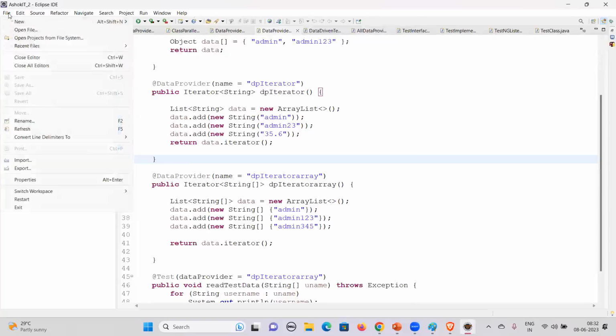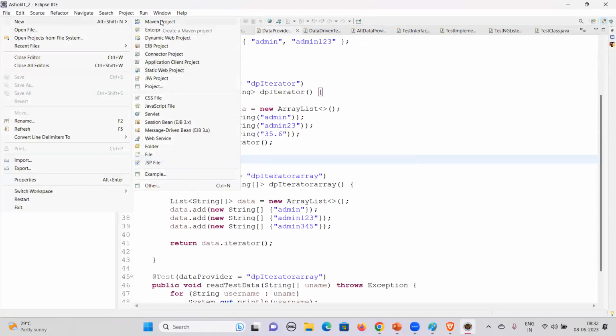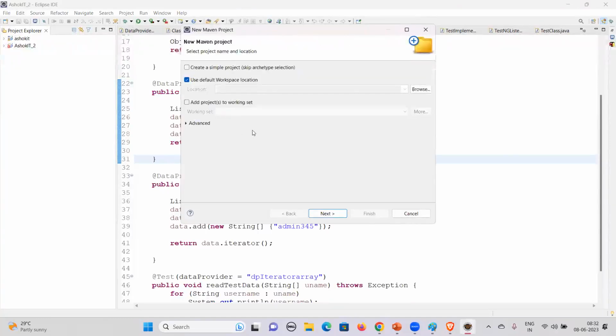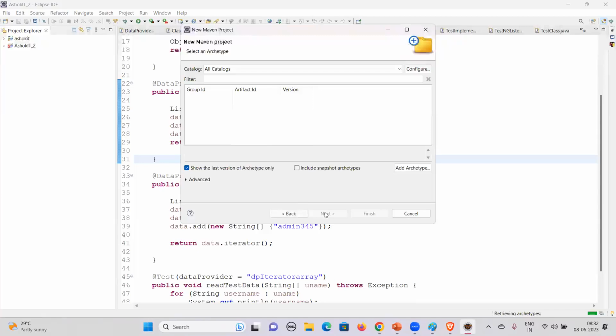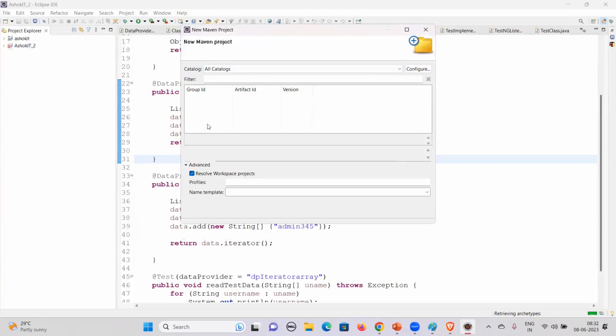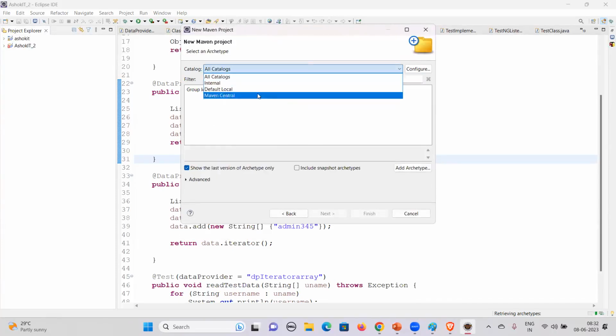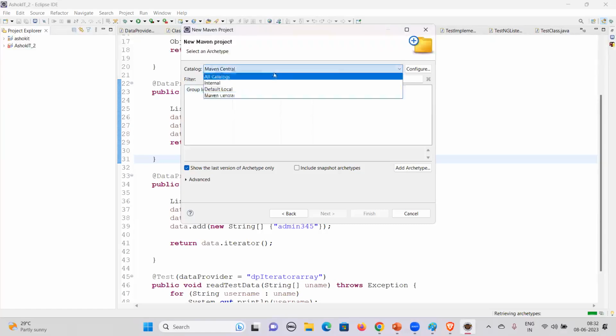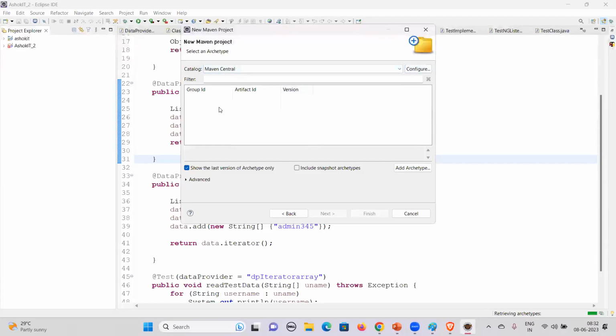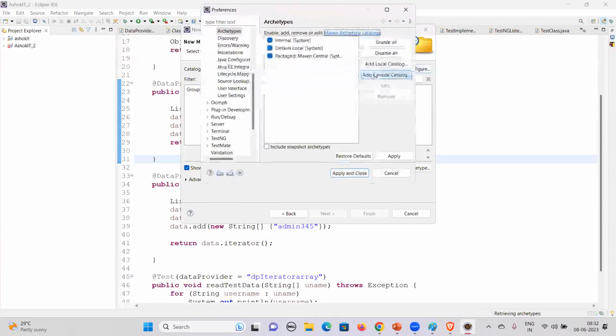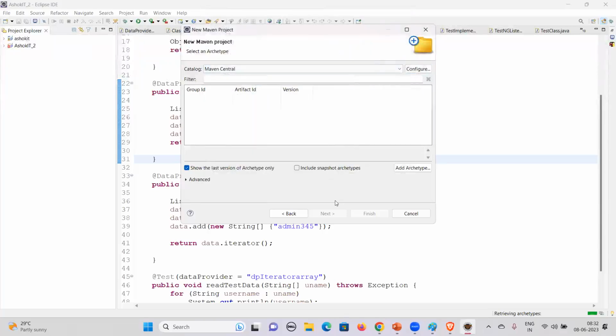How do we create a Maven project? Go to this file. You can see new. There's a Maven project. Okay. Click on this Maven project. And here, we just click on this next. It should display all this. Okay. Let me just